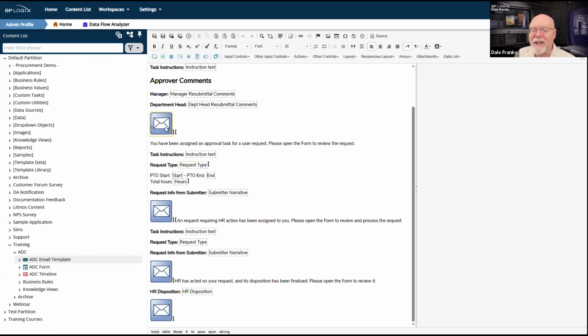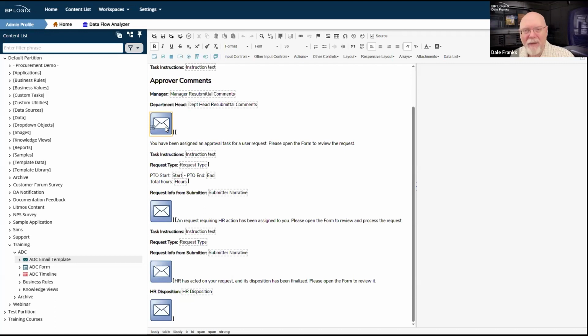Now, I didn't necessarily have to do it this way. I mean, it certainly would be possible for me to create just a generic email data control, stick it on there. Everybody gets the same subject, but I didn't want to do that. I wanted my emails to be at least minimally customized in terms of the subject I see whenever I receive the email. You can only have one email data control visible at one time.